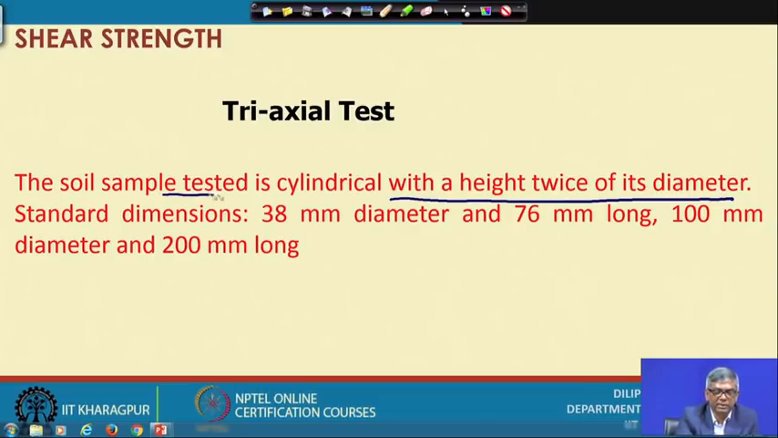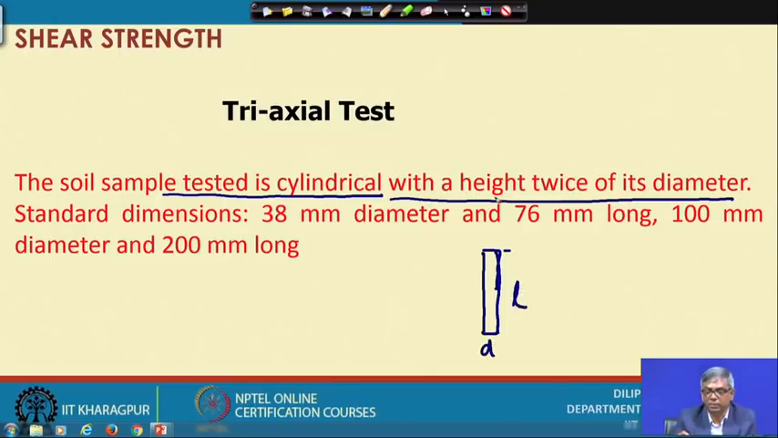The soil sample tested is cylindrical, that means a cylindrical sample, and there will be a definite diameter D and length L. If you test on different samples, we will get different results. So, the best and most consistent results we get when we maintain a particular L by D ratio. That is, the height is twice its diameter, which is a standard everywhere we use, and